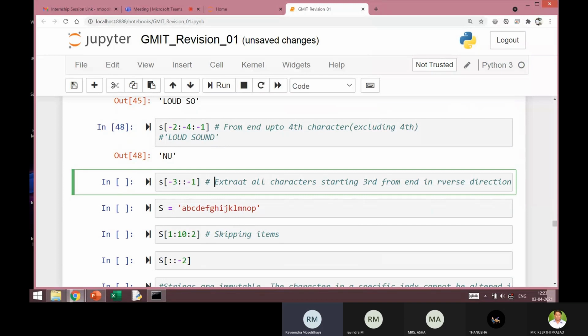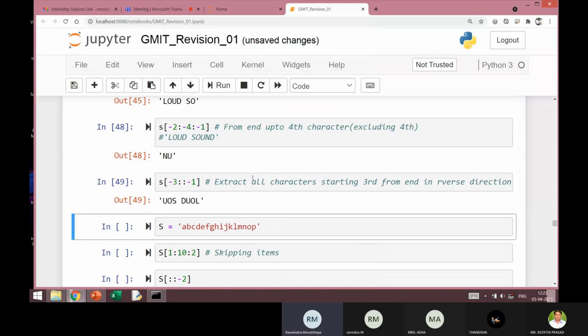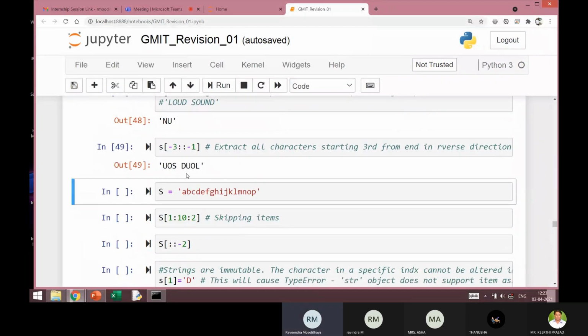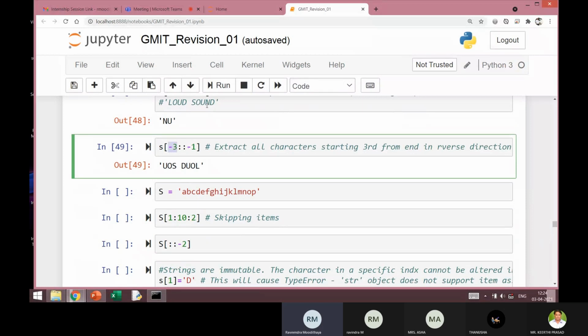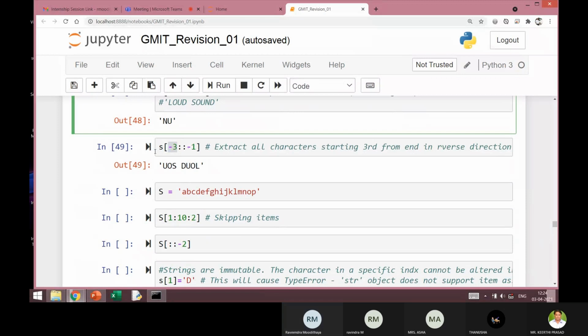There is another example here. You can just try to understand how this output is produced. Now here the starting index is -3. So which is having this -3? This U: -1, -2, -3. Also the direction in which I have to go is -1. Increment is -1, means start from the end, go to the beginning. But you're not specifying the end, instead you're specifying the third character. So the third character is U. You can see the output is U here.